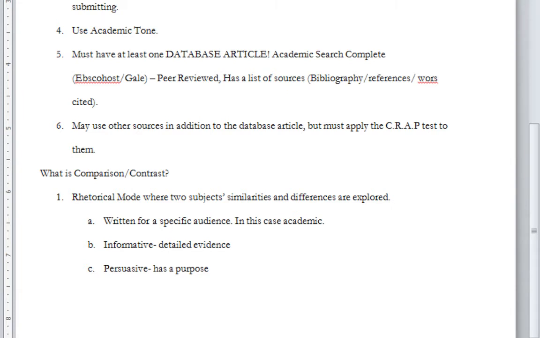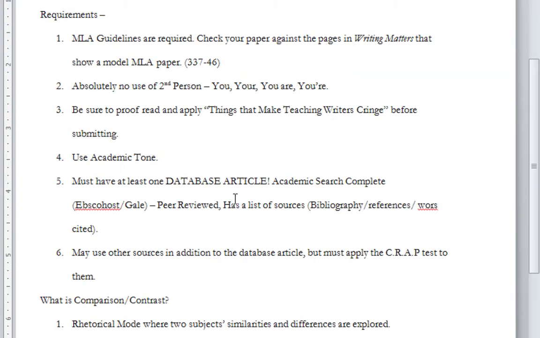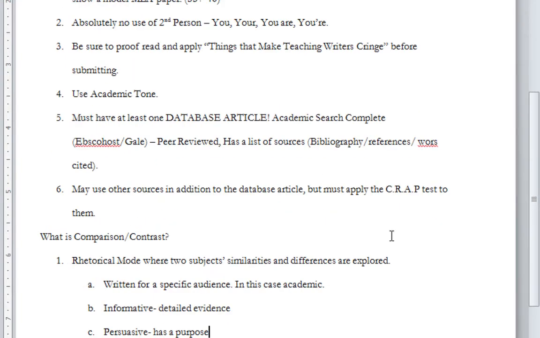Okay, so your paper has to have an article from a database. It has to be an academic tone. You cannot use second person. So how do you make something persuasive where you cannot directly speak to your audience?